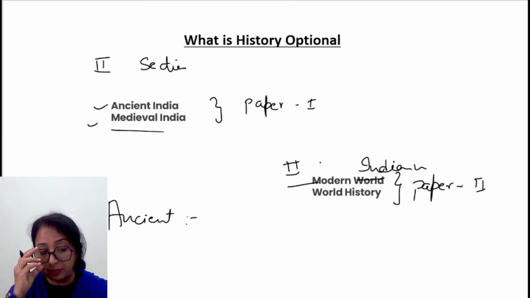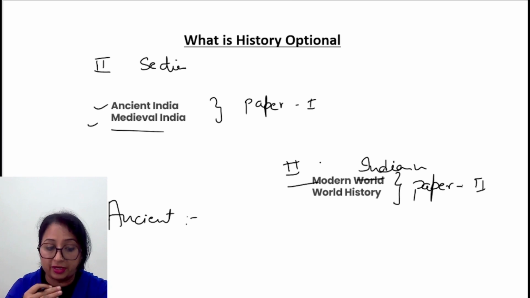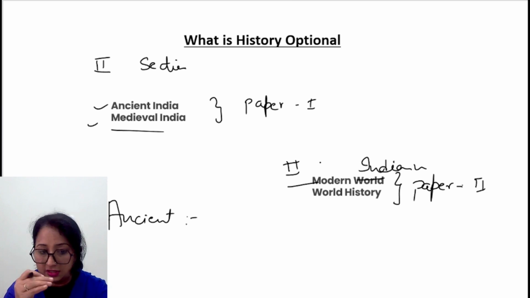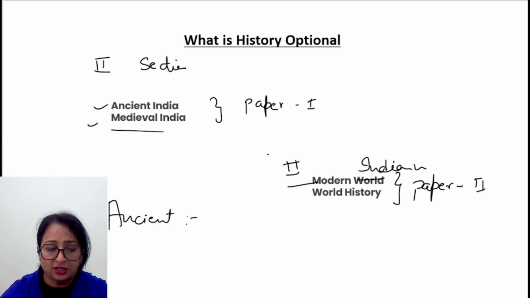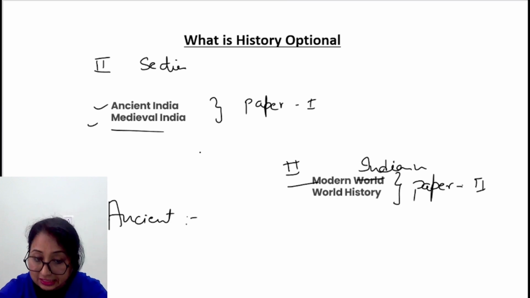I have gone through the paper analysis, and I found many questions related to these sections. If I make these two subjects strong, that would be enough to get good marks, okay? I think that will be sufficient if you want to score good marks. So you have to do these, you have to make them strong. But for the rest of the sections, you have to do this also, but